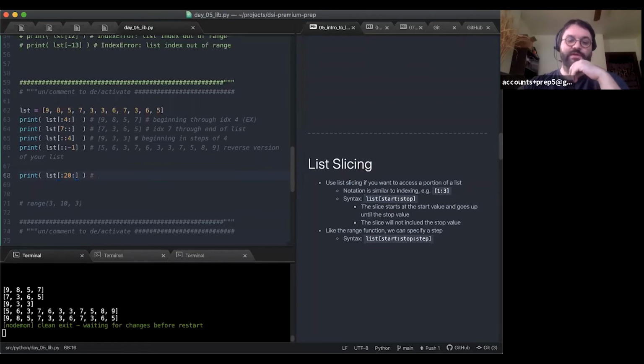And it's kind of a weird one. In this case, this is just going to go as far as it can, and then it's just going to stop when it can't give us any more. So this actually works fine. You know, I could start at index negative 1000 and go up to index 20, right? So it's fine. You can use an index that's out of range while you're slicing, but not while you're indexing. It's kind of a weird one.